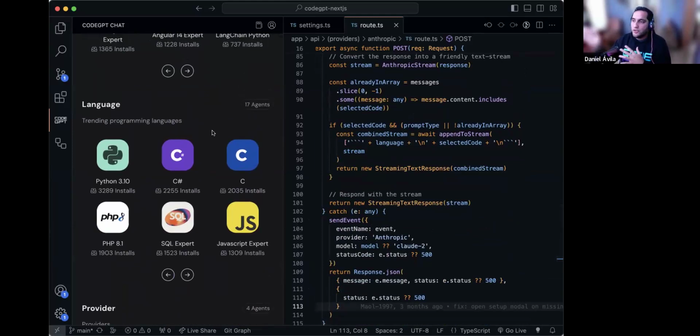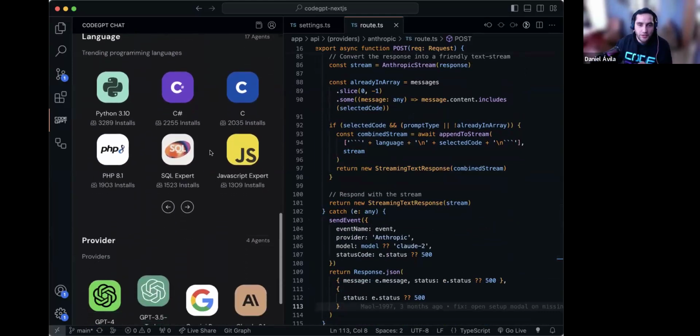So in ChatGPT, you have to send the full context. You have to write, I'm working with TypeScript, you have to act like a really good programmer with TypeScript, and write that kind of prompt. Right here we have the expert with the full context, with the full documentation. So you can start working with this kind of expert in your project, and you don't need to select or write that kind of prompt to start working.